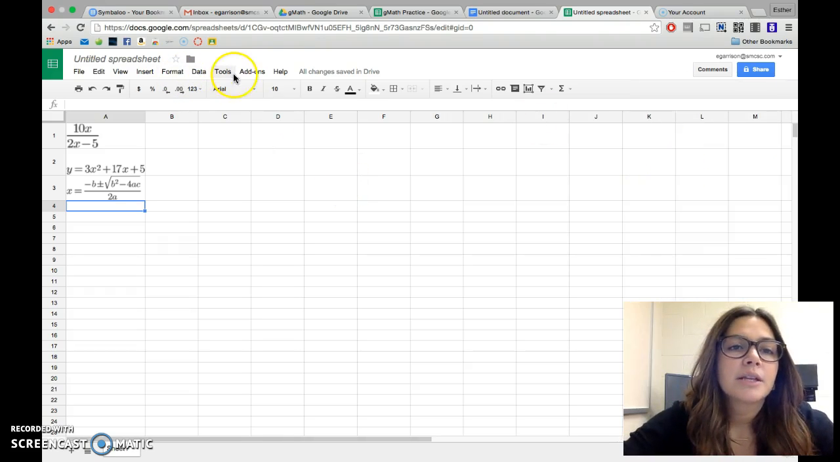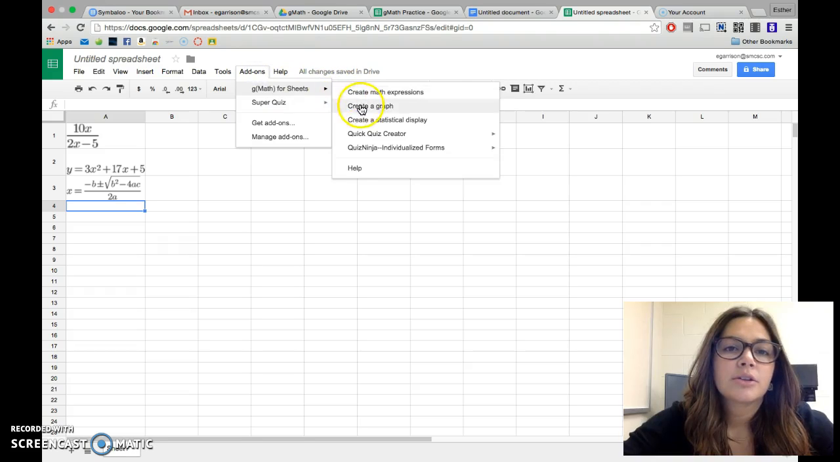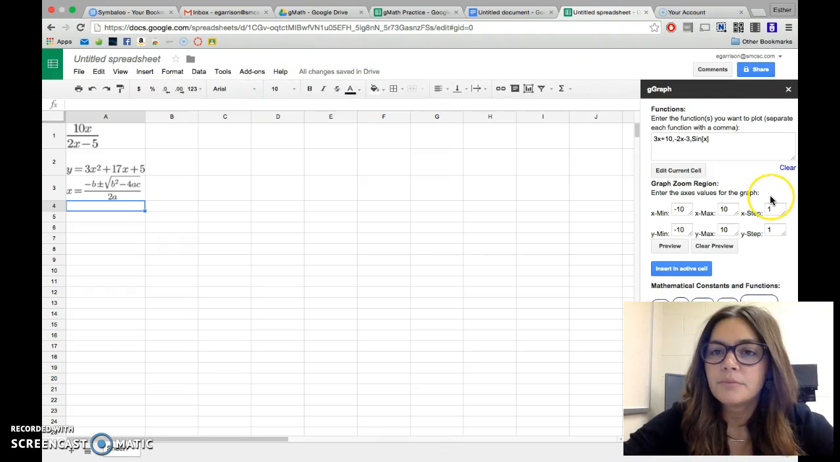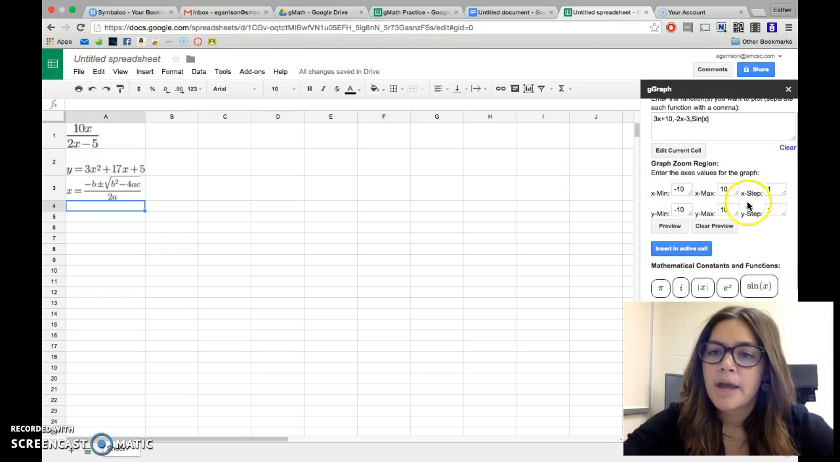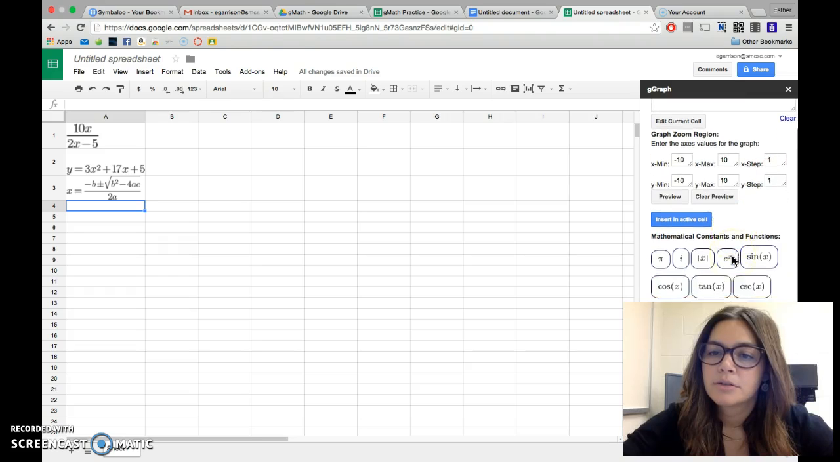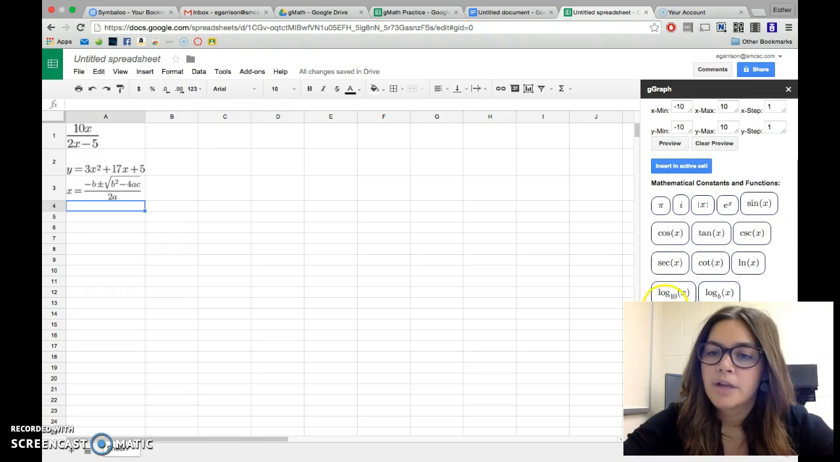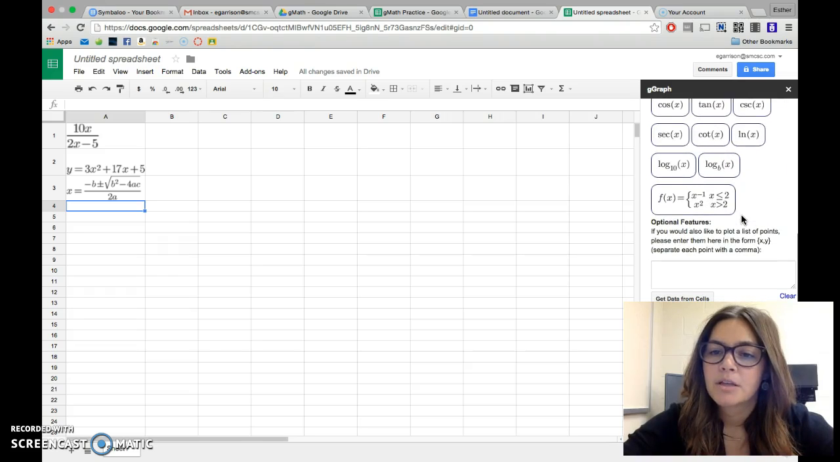So maybe the next thing I want to do is create a graph. So the graph comes up. Again, it has a default. It lets you do the min and max of the graph and the different steps. And then here again, you've got some preset expressions. And then here you've also got